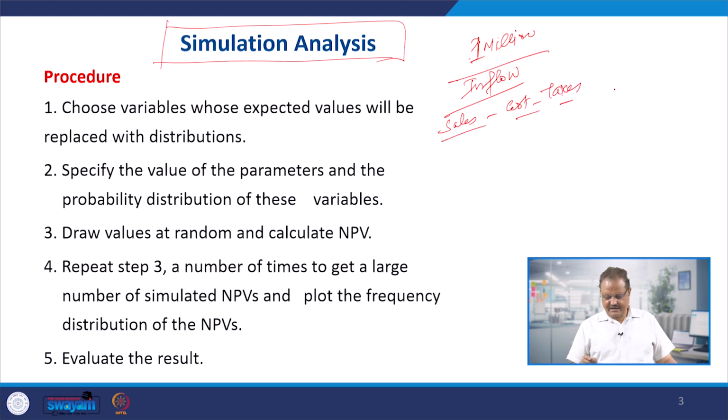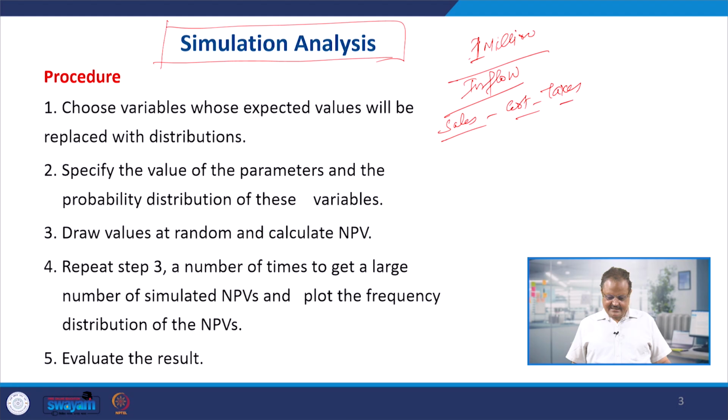So you can take these values on a presumption basis, and compare the outflows with the inflows worked out on the basis of the sales, cost and taxes. So finally you are arriving at the profit after tax. You are adding back the fixed cost, depreciation as well as other fixed costs, and finally you are calculating the total inflows and then the net cash flow. And net cash flow would be the difference between the present value of the inflows and the present value of the outflows. So it's not finally done in the practical sense, but on the computers,